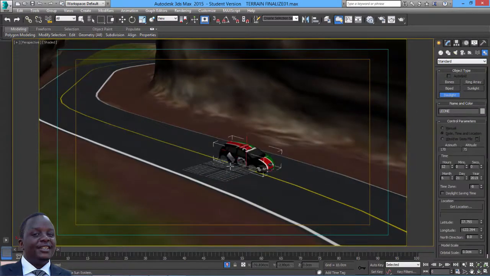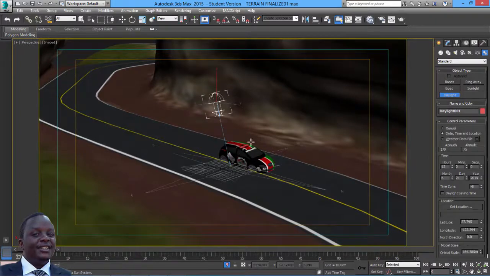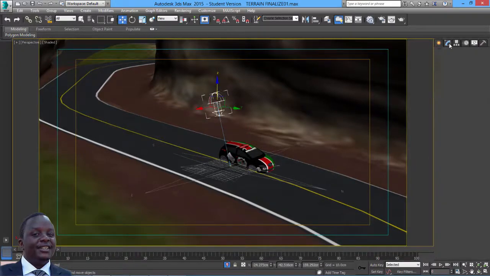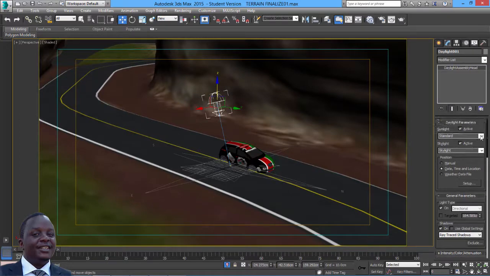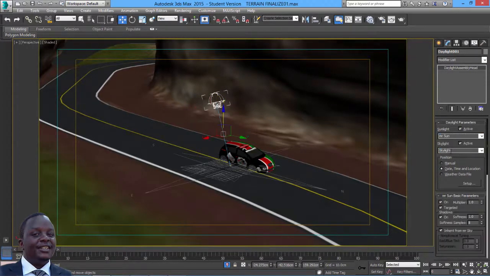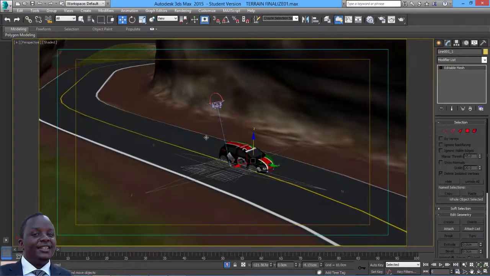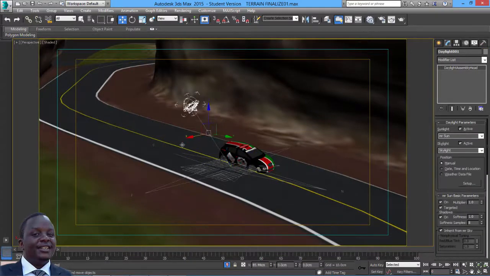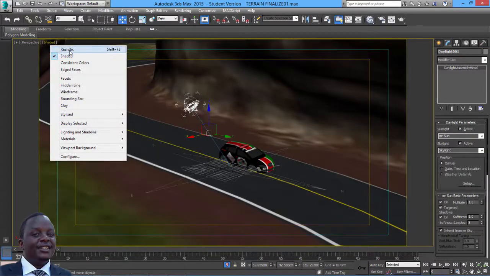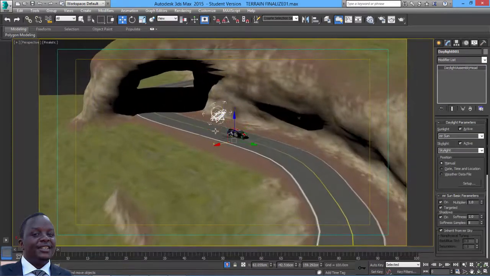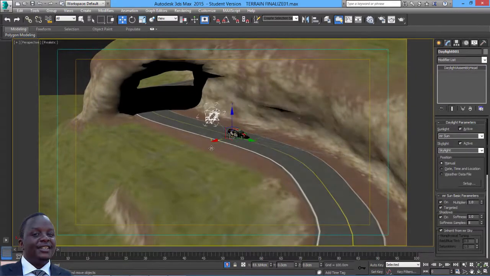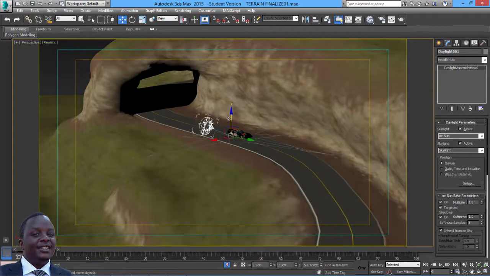So yeah, I'm going to use that, create Mentalray sun and sky, and I'm going to change these ones here to the sun, and this one I could say just a sky or just a skylight. It's fine, it's going to work okay there. Then I make it manual so that I can move it around. I'll come in here and make this realistic so that we can see the shadows and everything in there nicely. So just bring these down